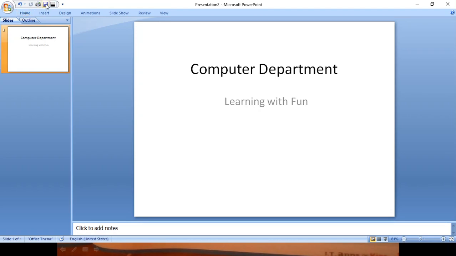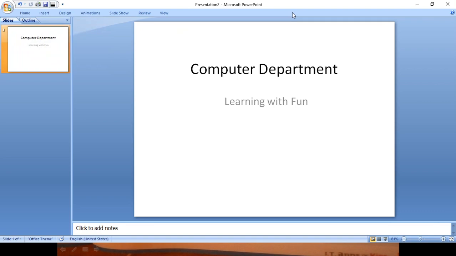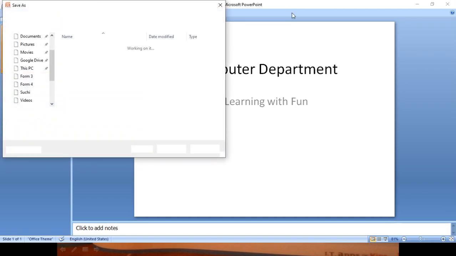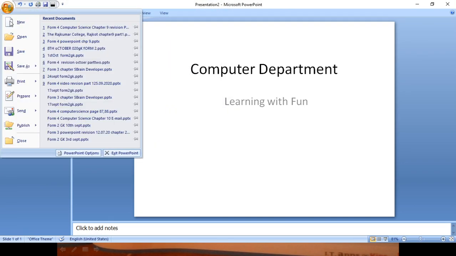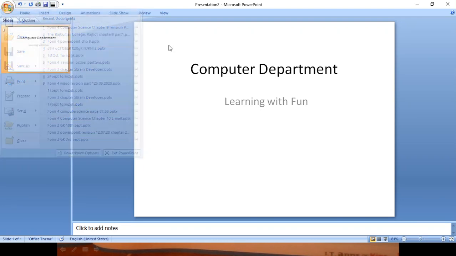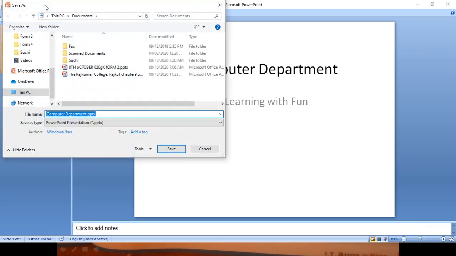From the quick access toolbar you can save, from the office button you can save, or you can press Ctrl S. Here this is the office button Save option, and we also have the Save option on the quick access toolbar, so we can click here also.